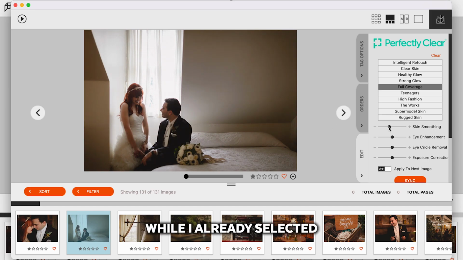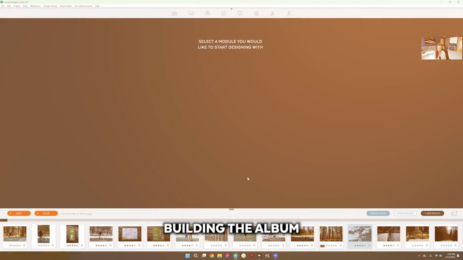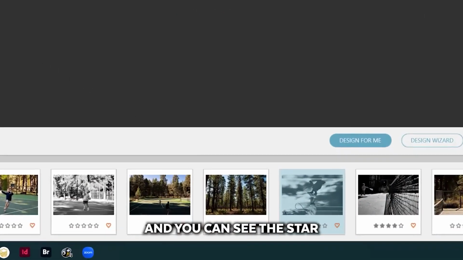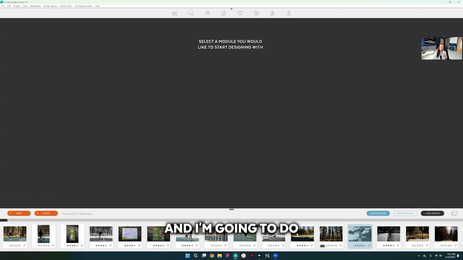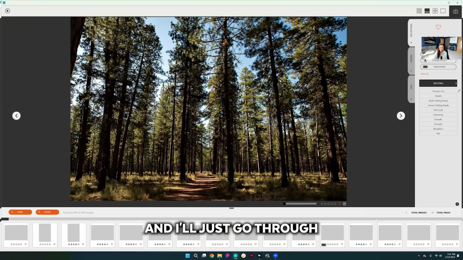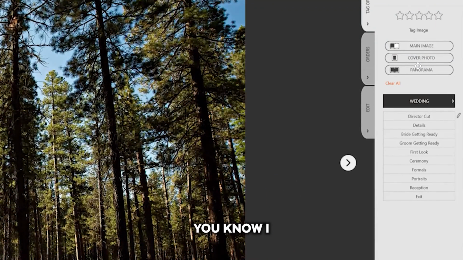While I already selected the photos that I want to start building the album with in Adobe Bridge, and you can see those star ratings came in with the photos, I'm gonna do a little bit more selection here. So sometimes I open it up and I'll just go through all the images here if I didn't use Bridge and I can rank them, but I can also come over here and I can select, I can hit P